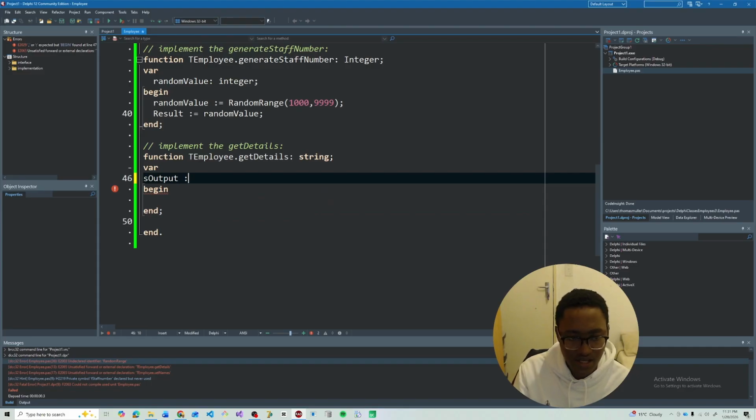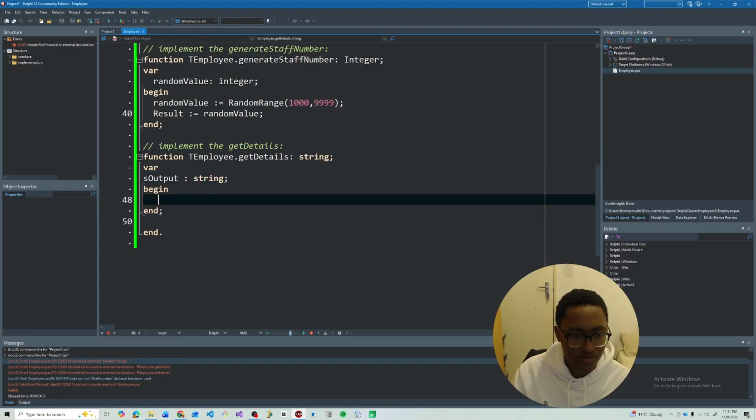Hope you guys can read that. And this is a string, and we're basically going to set the s output to the first name. First, we're going to say first name is plus, I'm going to use a concatenation, which is a plus. I'm going to say f first name, and I'm going to have another plus there for concatenation. I'm going to have a space there, and then I'm going to say last name. I'm going to have a comma and say last name is concatenation f last name,